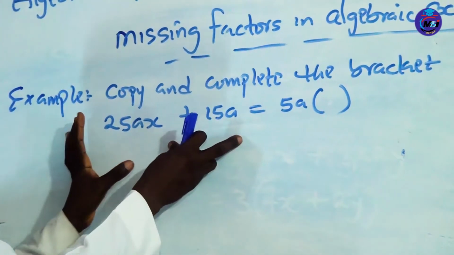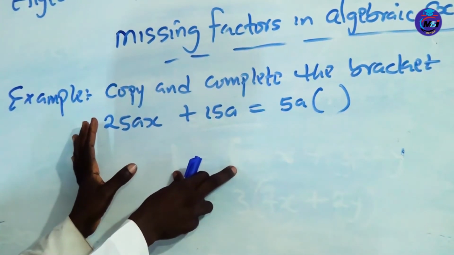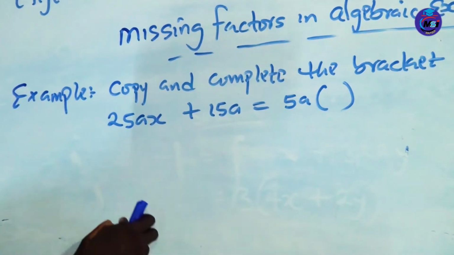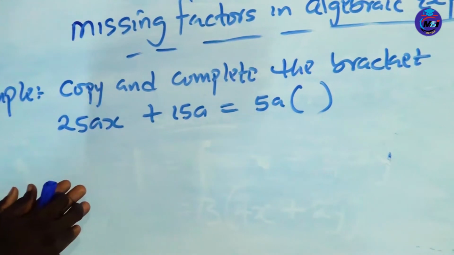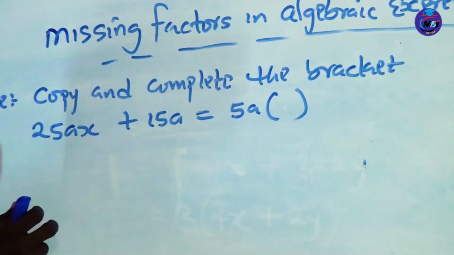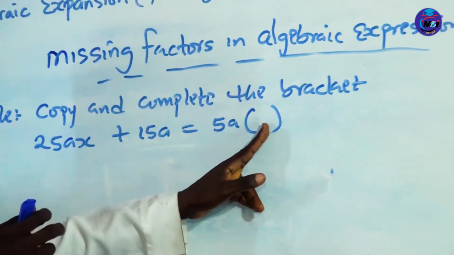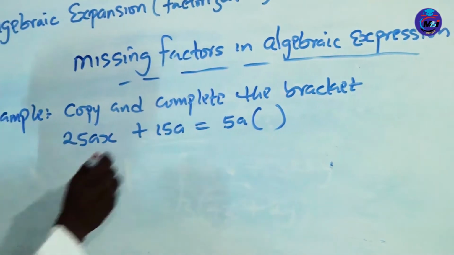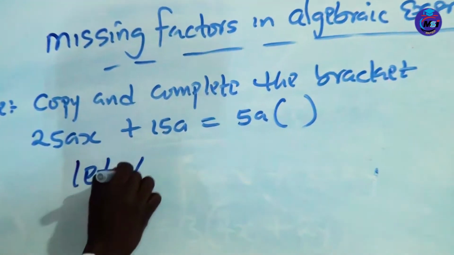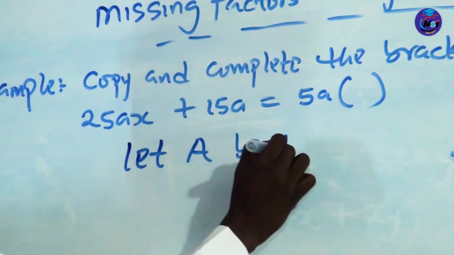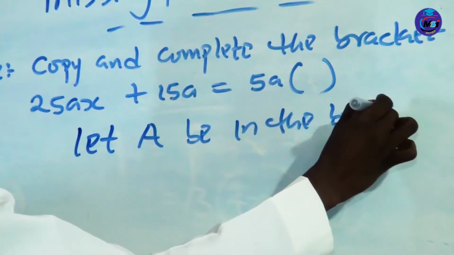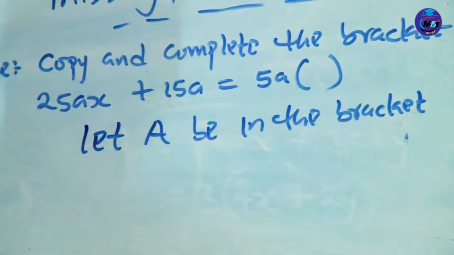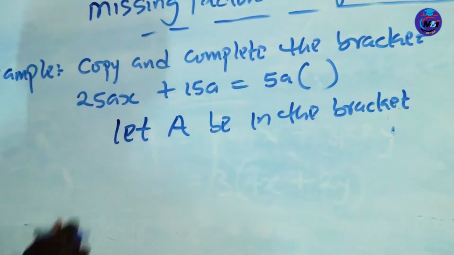This is an algebraic expression. We want to factorize this. And as a result of applying this method, what will happen? Let A be in the bracket. Okay. Now, this will turn to